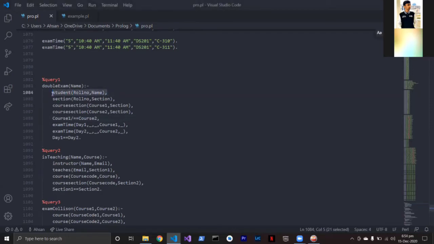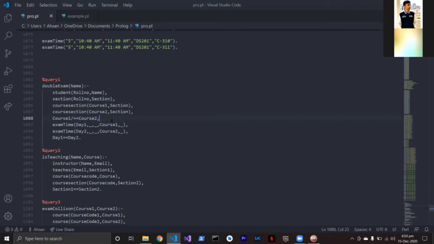And then, from roll number, we obtain the section of that particular student from our knowledge base. And then from section we get to know the course, and we get actually two courses from the section. And then here we just added a check that the courses we obtained are not the same.